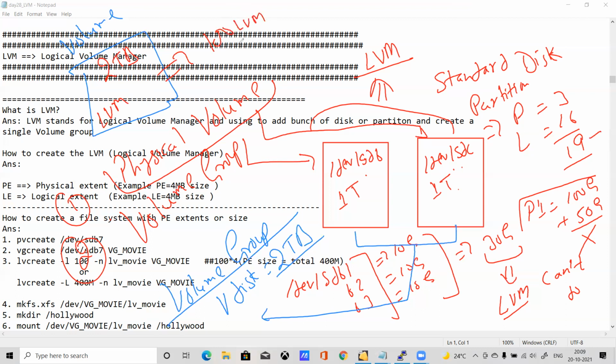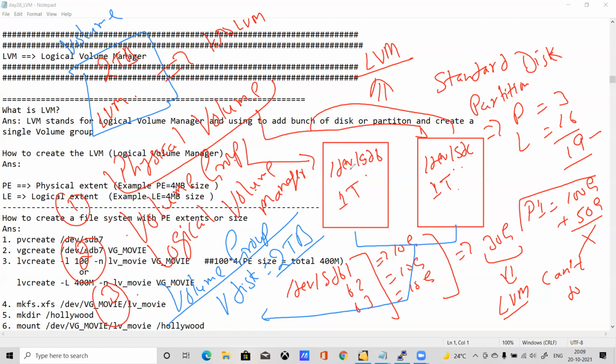Logical volume: once you have created a volume group, third, you need to create a logical volume. So these are the three steps: physical volume, volume group, logical volume.